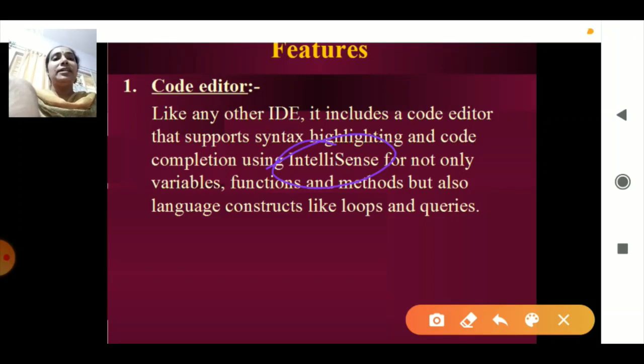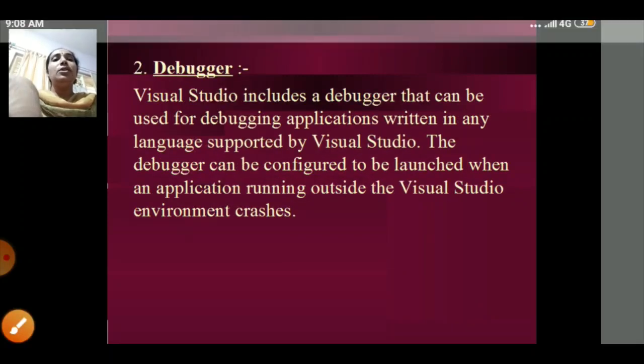Okay, and in this code editor, it can provide you multiple variables, aspects, functions, and methods to develop, and it has the concept of loops and queries in this particular code editor. These are the features of a code editor.